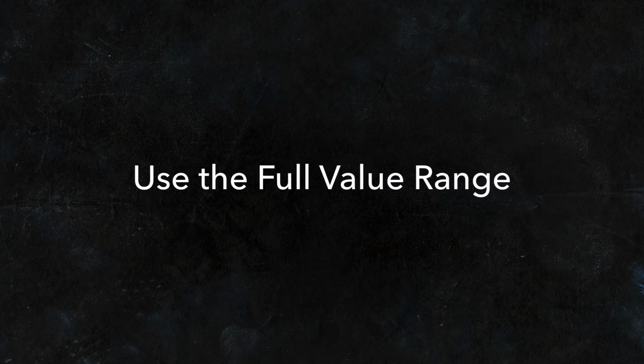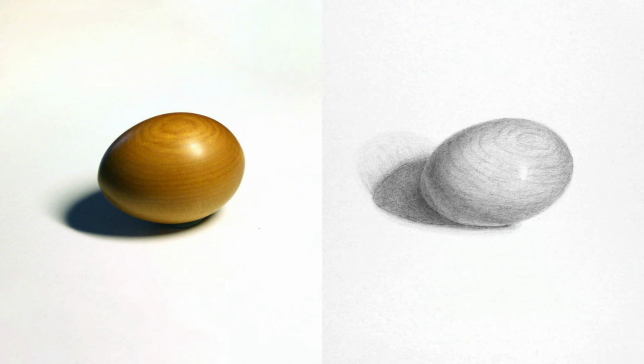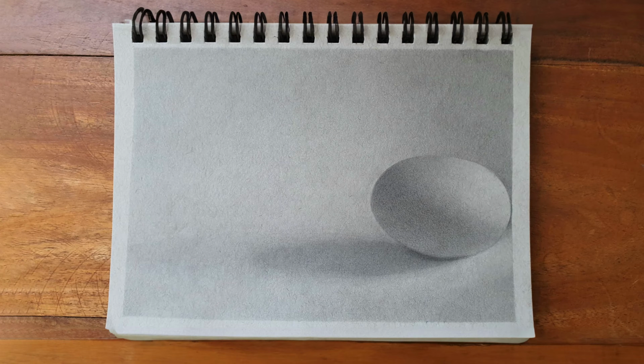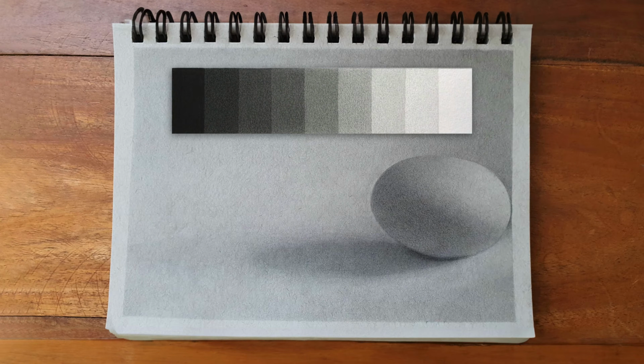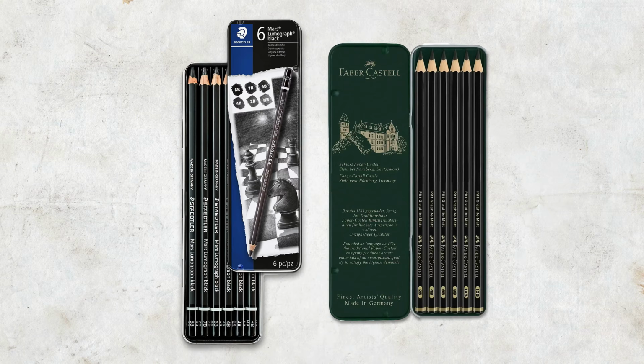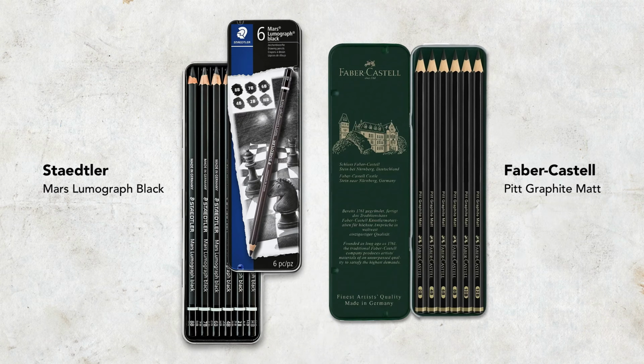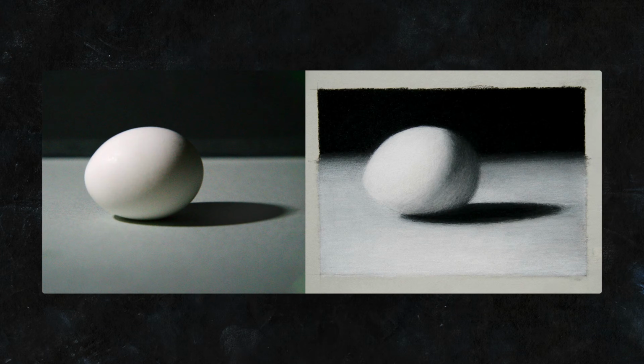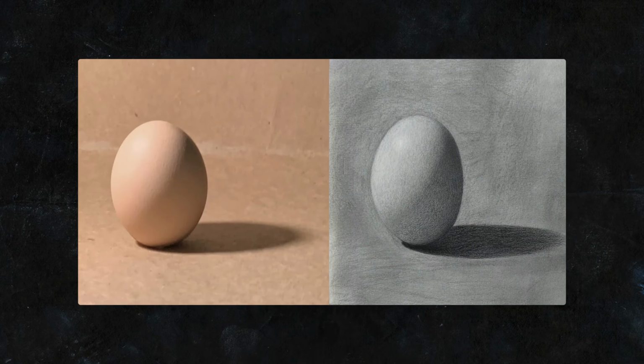Next, it is important to use the full value range of your medium. This drawing works quite well, but I just wish the darks were darker. Same here. We're just missing some of the darker tones in the drawing. Experiment with different pencils. Maybe you need a 3B or 4B. I also quite like the matte graphite pencils from Faber-Castell and Staedtler. They allow you to go dark without creating the shiny surface of regular graphite. That said, here's an example of a drawing that may have become a bit too dark. Aim for a drawing that is using the full value range and is well balanced.